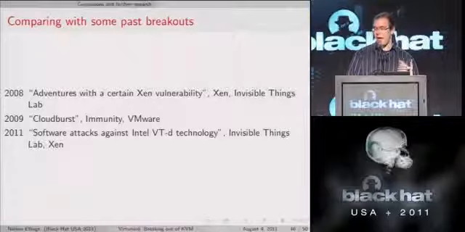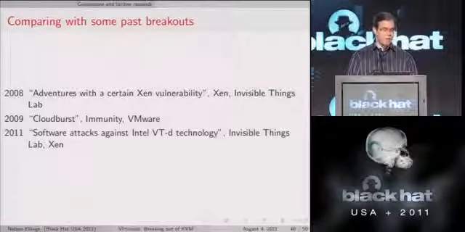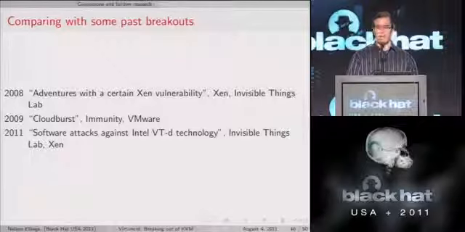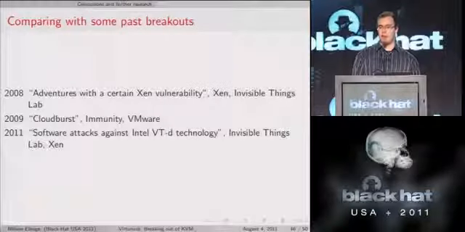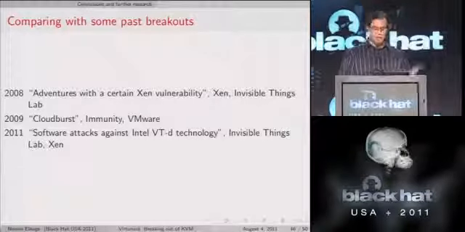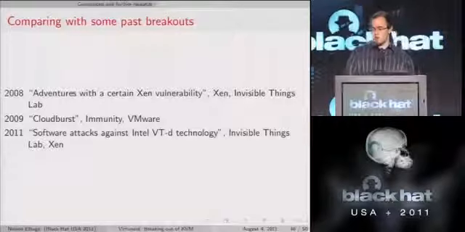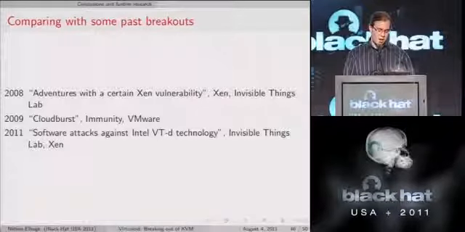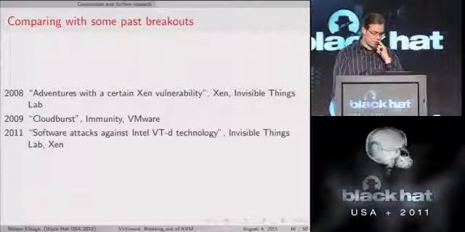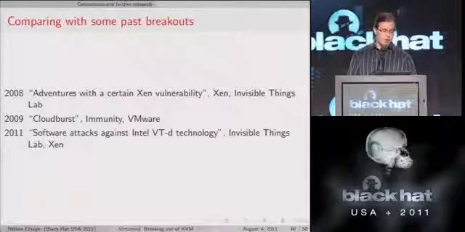Core Labs at BlackHat 2009 released an exploit called Cloudburst, which was a VMware breakout. That was a bug in missing bounds checking in the VMware virtual SVGA card. Again, classic bug class, classic techniques, totally trivial, comparatively. And then another interesting bug that I wanted to mention was that Invisible Things this year released a paper